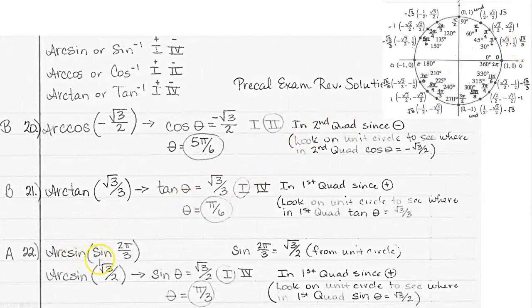Then arcsine of the sine of 2 pi over 3. These are inverses, but the only time you can cancel them is when this value is in the designated region. 2 pi over 3 is in the second quadrant. Designated region for arcsine is 1 and 4. It doesn't exist in the second quadrant, so I cannot cancel. So instead I'm just going to see what's the sine of 2 pi over 3. So the sine at 2 pi over 3 from the unit circle is square root of 3 over 2. So now I have arc sine of square root of 3 over 2. So same thing we were doing before. That means sine equals square root of 3 over 2, and I only have first and second to choose from. Since this is positive, I'm in the first